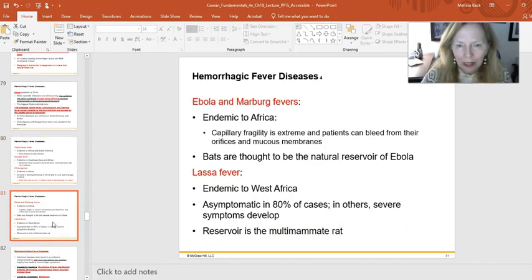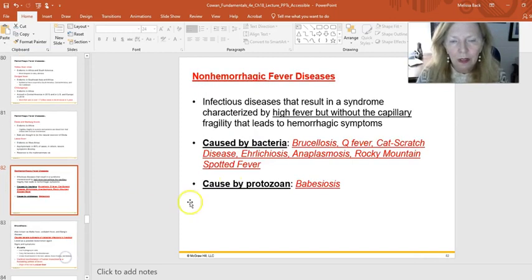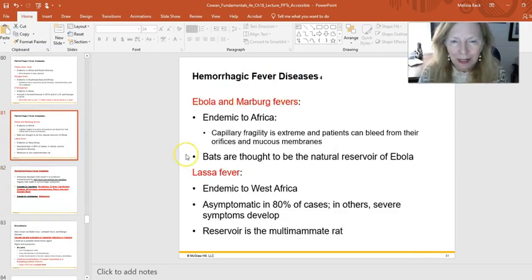The Ebola, we said, some of the variants up to 90% mortality rate. Lassa fever is one that is asymptomatic in a lot, but Ebola and Marburg fevers, these are very serious. We do know bats are thought to be a natural reservoir of this, so if anybody's interested